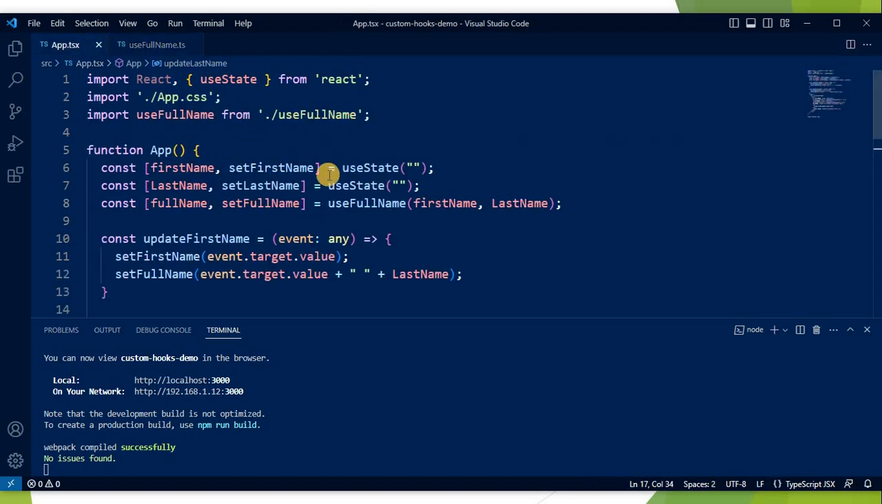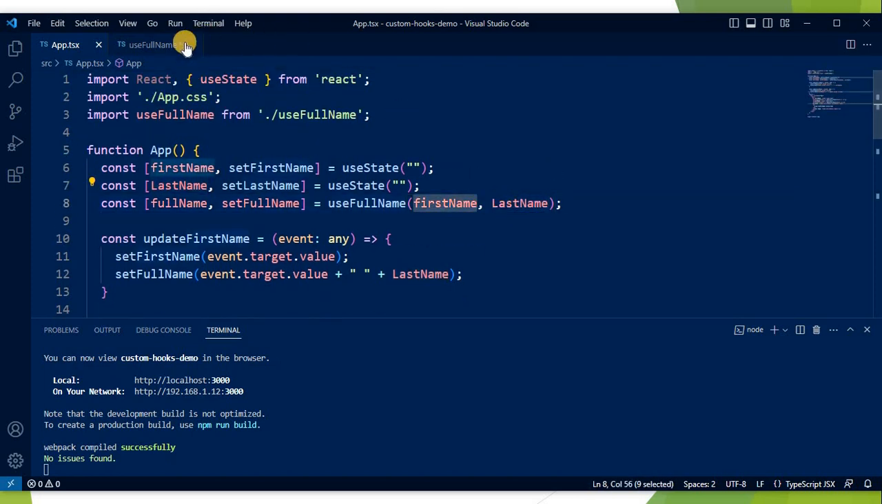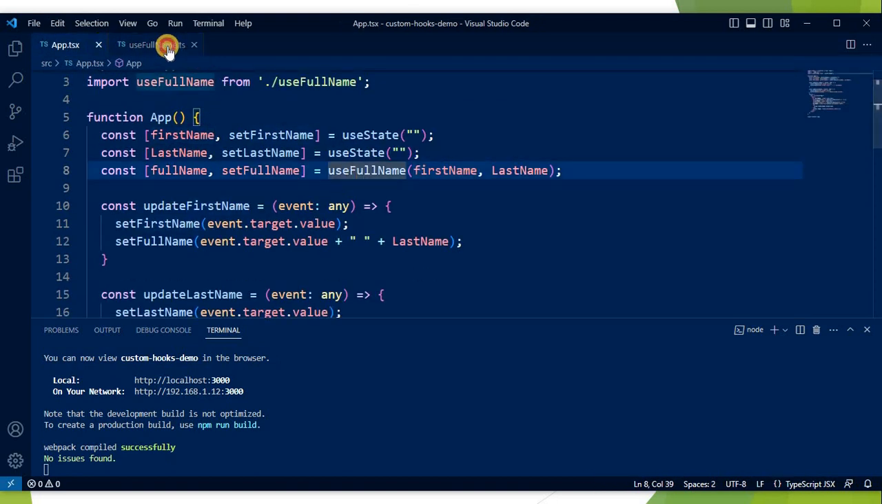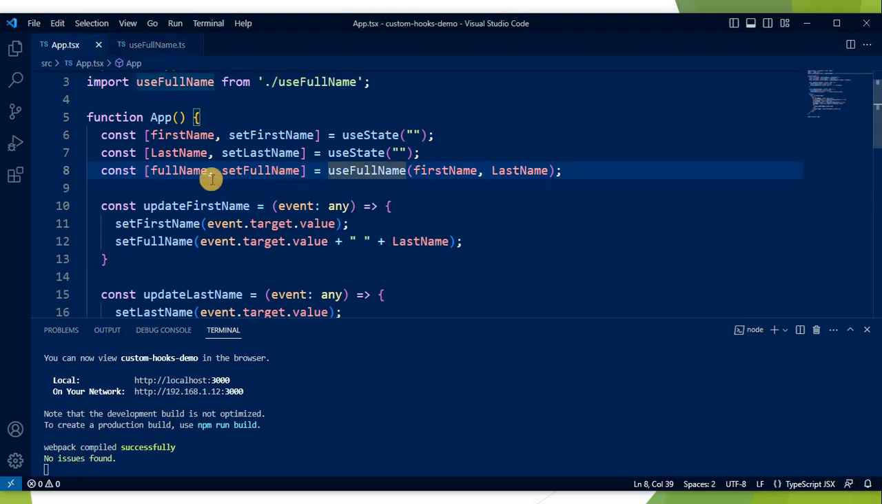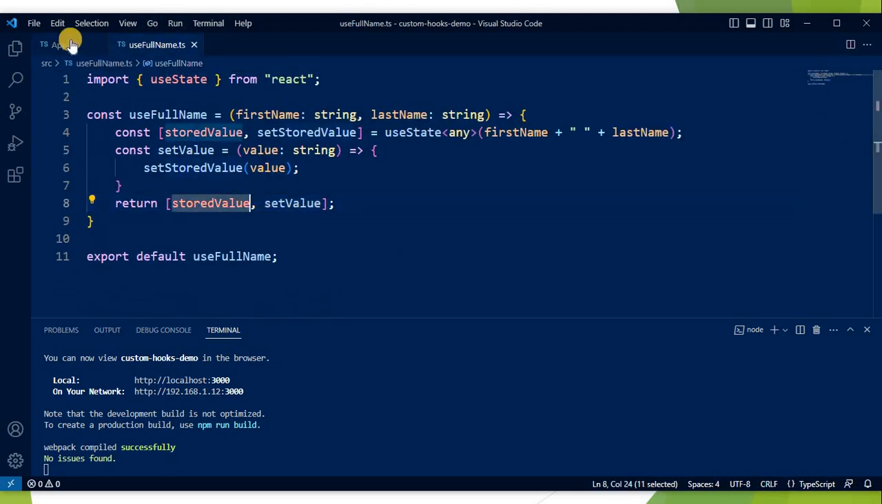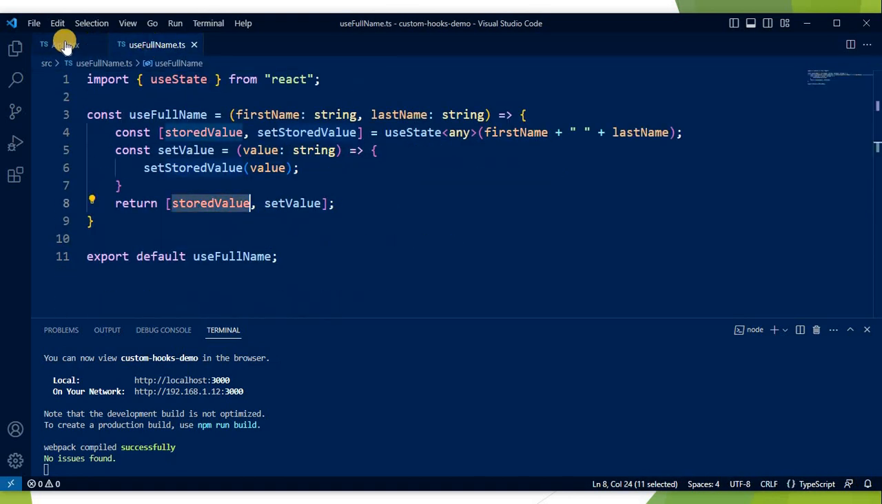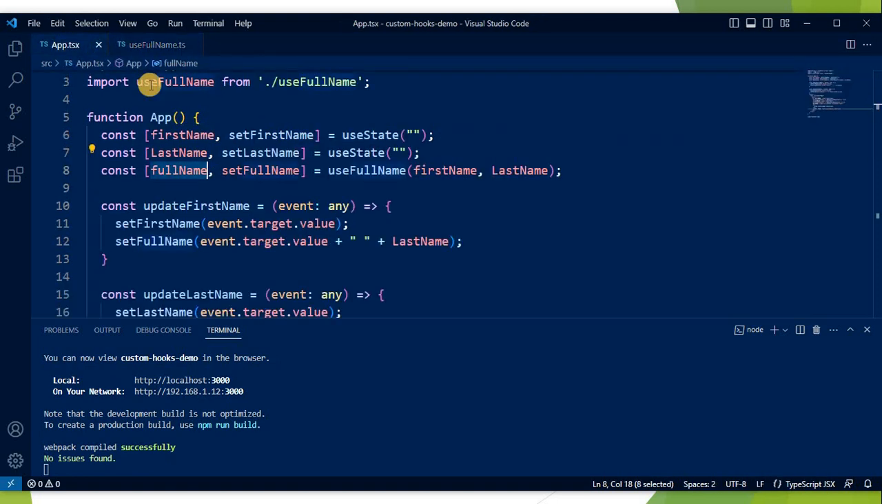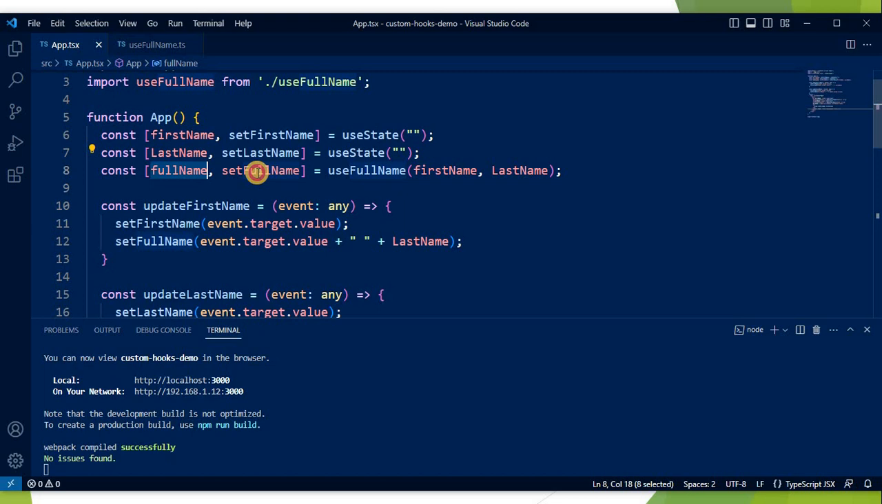So after that I am consuming it. I have defined useFullName and I have passed the initial full name, first name and last name, right? So it is returning this stored value and set value. Stored value will store the value in full name, we have referenced it, and the set value will be referenced in